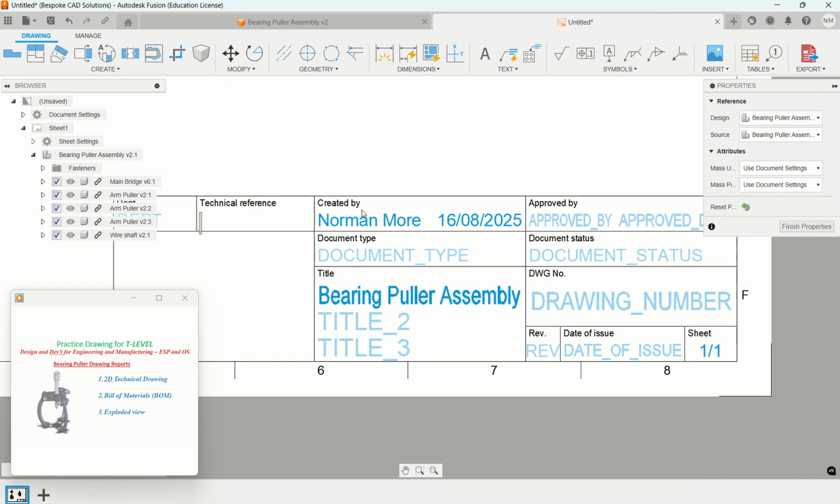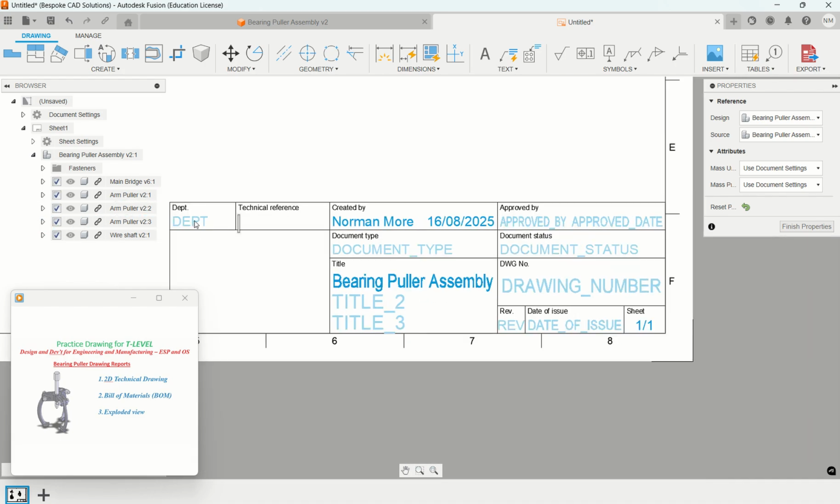I'll quickly put some few things: department, engineering, let's say T level 3, technical reference. This can be a mock test,